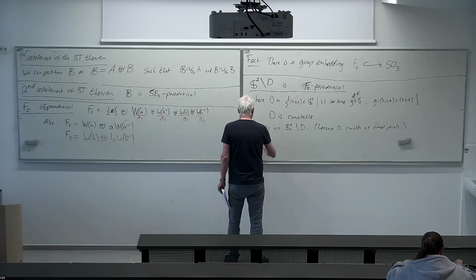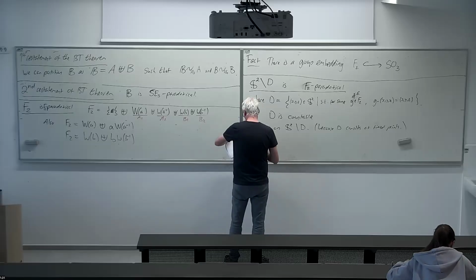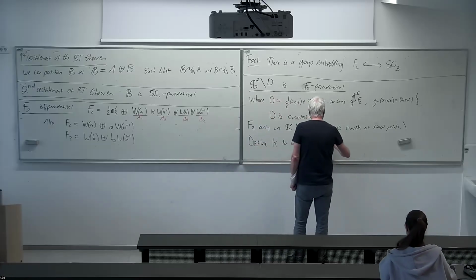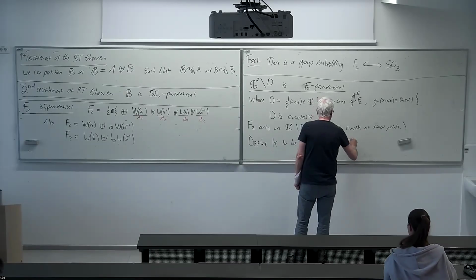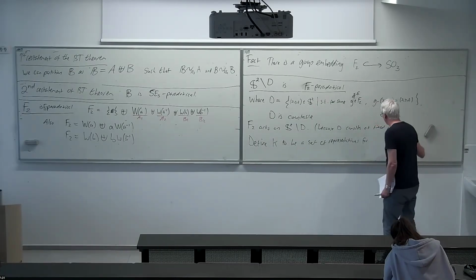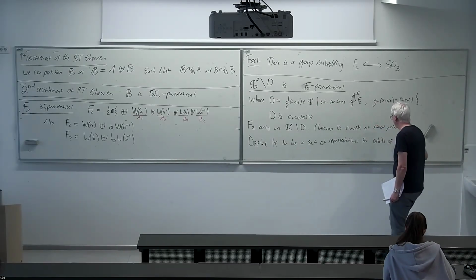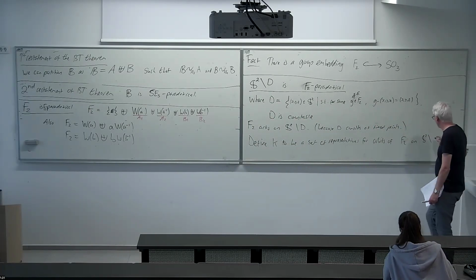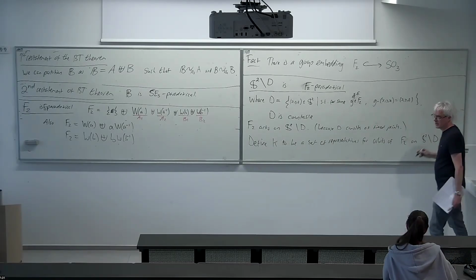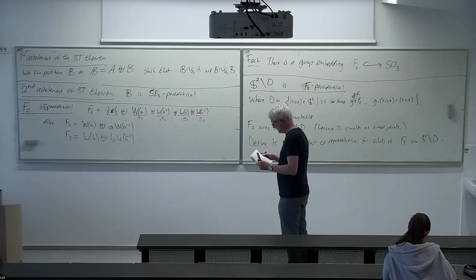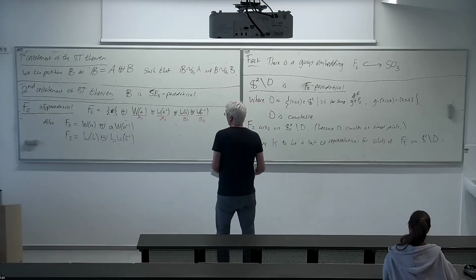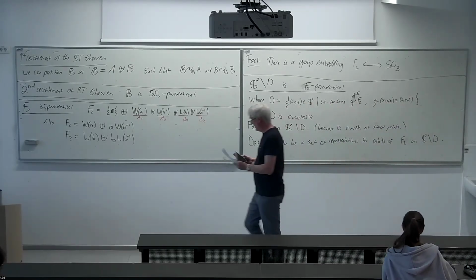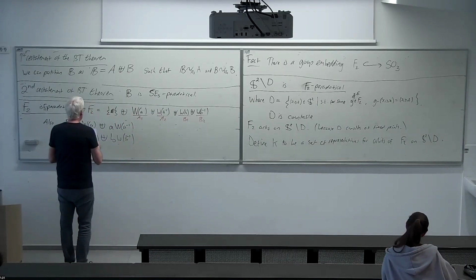So define K, I call it K, to be a set of representatives for orbits of F2 on the two-dimensional sphere with these countably many fixed points taken away. And now we can show that